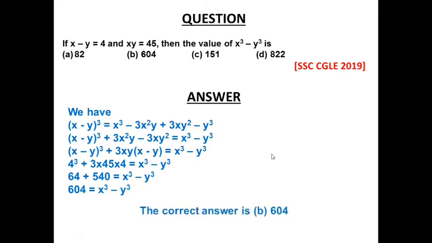So this is the way you can calculate this type of question. If you know the identity here, rewrite it as fast as possible, put the values and find out the answer. This is the easy method. So I have given the full explanation of how this type of question can be calculated. We need to know this identity, very important. Let us go to the next question. These are the questions selected from previous papers. So you can expect this level of questions in your upcoming exam.